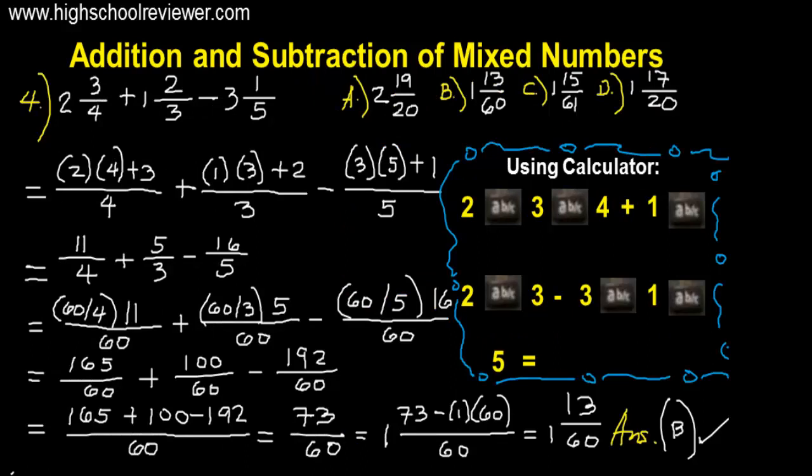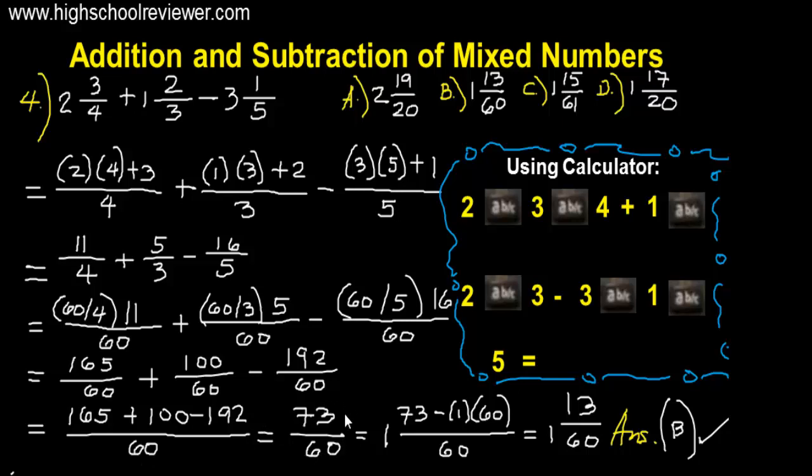And for number 4, we have the given problem 2 and 3/4 plus 1 and 2/3 minus 3 and 1/5. Here are the choices. And for the solution, again, the same process. Convert the mixed numbers to improper fractions. After converting, you add now the improper or dissimilar fractions. First, find their LCD. So the LCD of 4, 3, and 5 is 60. And then find the numerators. So once you have found the numerators, you may add all the numerators, copy the LCD, and then we have